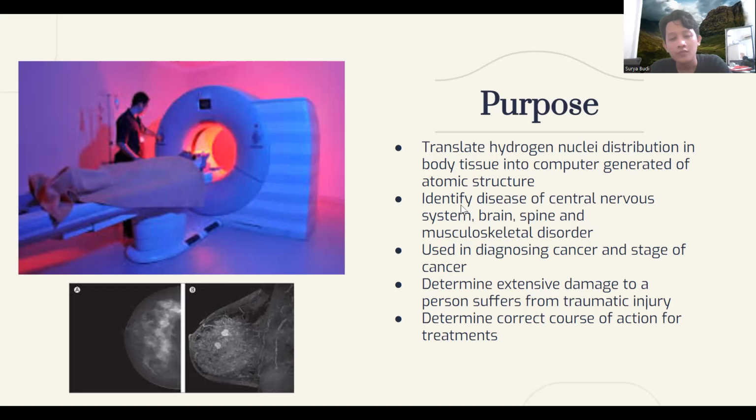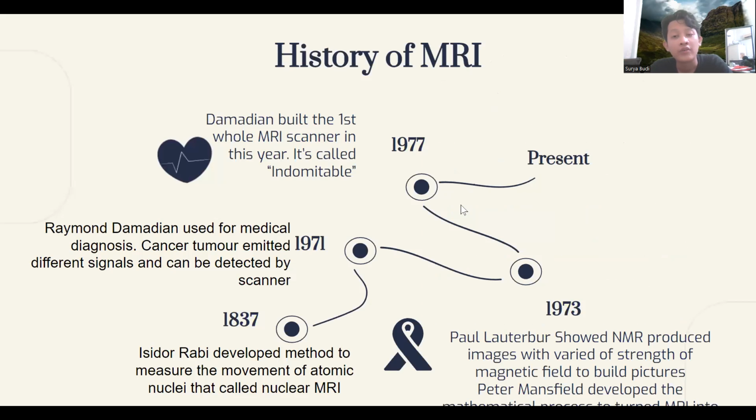And then it can be used to diagnose or to find the correct course of action for the treatment of the patient. So the history of MRI started in 1937 when Isidor Rabi developed the method to measure the movement